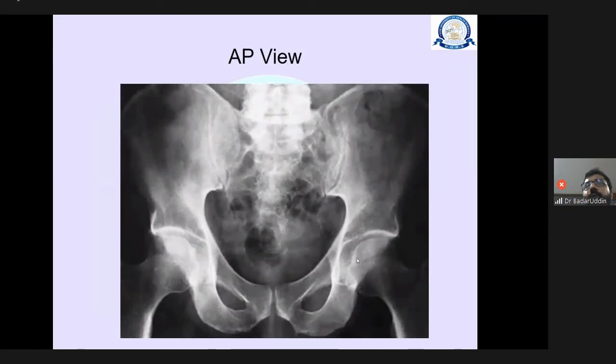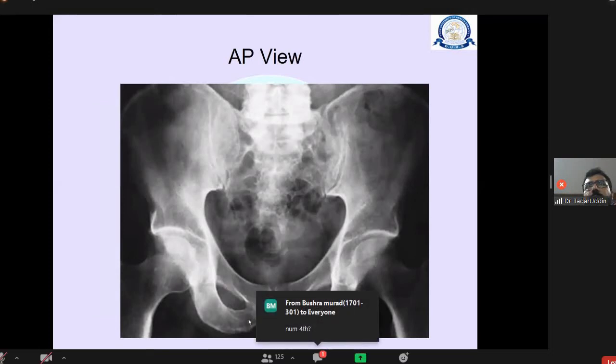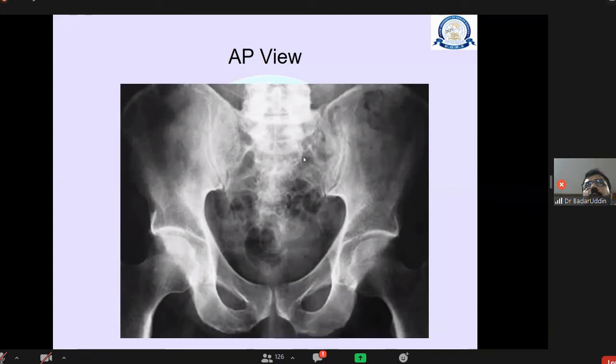Now see again the same X-ray that I showed at first, on how to read an X-ray of the pelvis. This is an AP view, anteroposterior view. Start from the pubic symphysis, superior pubic rami, inferior pubic rami, and ischium. And this is the acetabulum with the femoral head, iliac blade, sacroiliac joint. And look at these eyes which indicate the sacral foramina. And then the opposite sacroiliac joint, iliac blade, femoral head and acetabulum, superior pubic rami, inferior pubic rami, ischium.